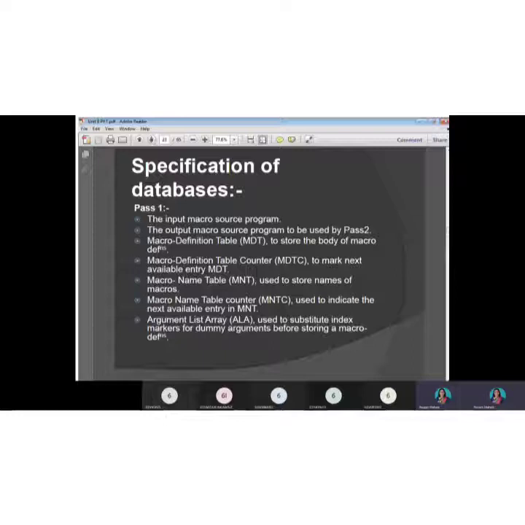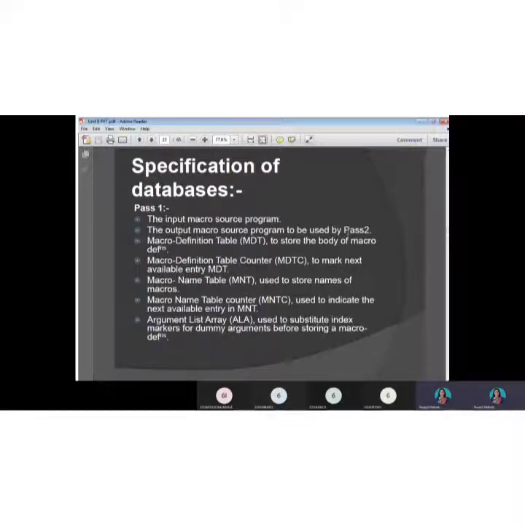In pass 1 the input is the macro source program. Okay, so the input for pass 1 is our source program, that is our macro program. Then the output for pass 1 will be the macro source program to be used by pass 2. After filling up all the databases, this macro source program along with these updated data tables is passed to pass 2, which becomes the output of pass 1.